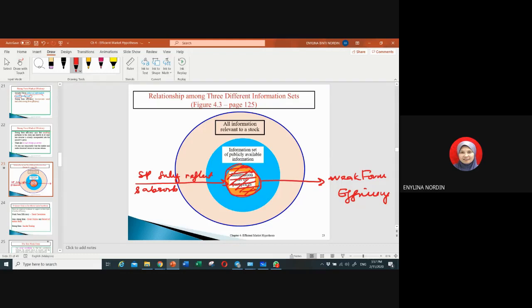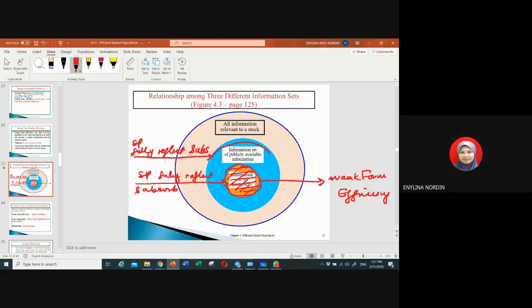That information is not yet absorbed into the stock price. So that means this stock price will be useful to investors to make extraordinary profit. Okay, right. The next one: if the stock price fully reflects and also absorbs